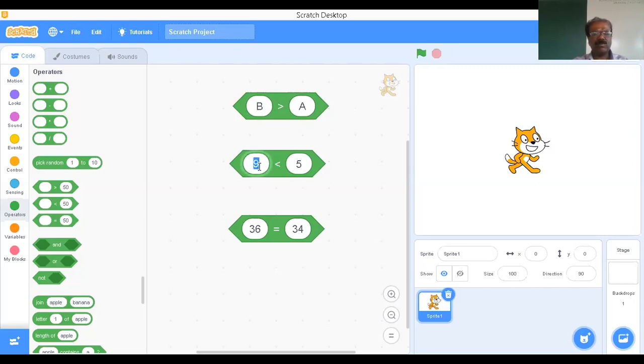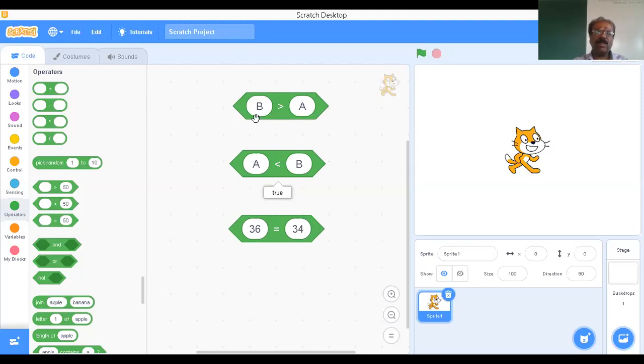Okay, in the same manner, suppose I'm going to write A here and B here, that is A less than B. So definitely it is true, because the ASCII code for A is 65, the ASCII code for B is 66. If you try to put some character over here, then it's going to replace that character by its equivalent ASCII code. The ASCII code for uppercase A is 65, the ASCII code for B is 66. It's going to compare these two. Therefore, 65 is less than 66, the answer is true. Therefore, we can compare characters also.